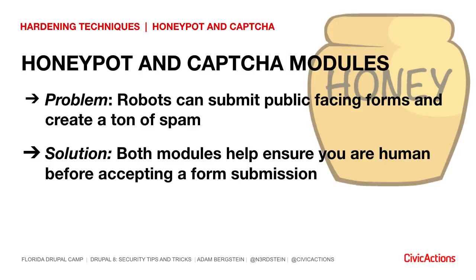HONEYPOT and CAPTCHA. So what's the core problem here? Well, if any Drupal site has a form that is open, say for the public, they can collect data, but so can robots. Robots can fill them out, right? It's crazy. I can't even tell you how many times the floodgates open up, and once one robot finds it, they all find it. Within a week, you went from 7 or 8 spam submissions to, oh my God, I have 50,000. This is insane. So if you want a way to restrict,